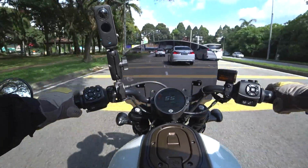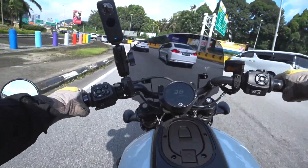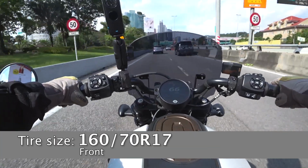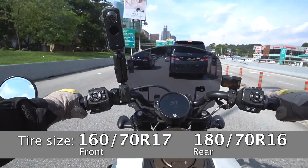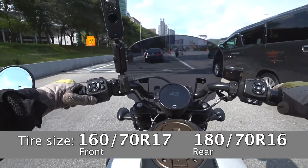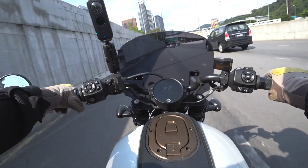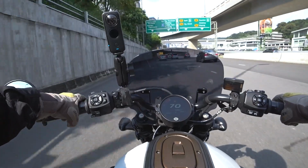The rake of the suspension is steep, so you can definitely feel some resistance in the turns, and coupled with the big diameter tires, which is a 17-inch at the front with a 160 section tire, massive. These are rear tires on some bikes. And with a 16-inch on the rear with a 180 section, these are massive donuts that you have to work with, especially with me used to being on sports bikes, agile and nimble in comparison. I have to constantly remind myself that I am not on one of those right now, and thank God it is a hot day